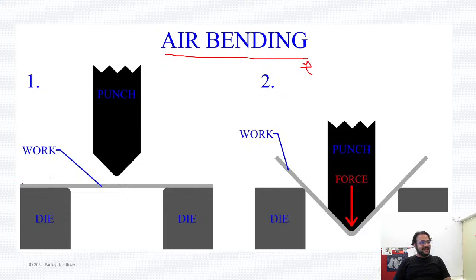Okay, and the way it works is, as you can see, it's a very simple schematic diagram. You have a punch and it comes down, and there's a force applied to the punch. It comes down and the workpiece is not necessarily held in place. I mean, the gap that you see over here, it's a little too large. It's just for representation purposes, but it is slightly smaller than this. Okay, so you would press and you would get these kind of